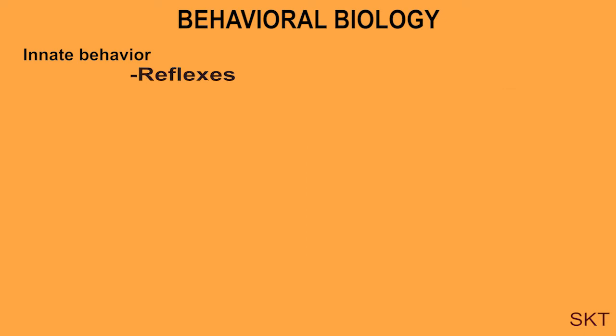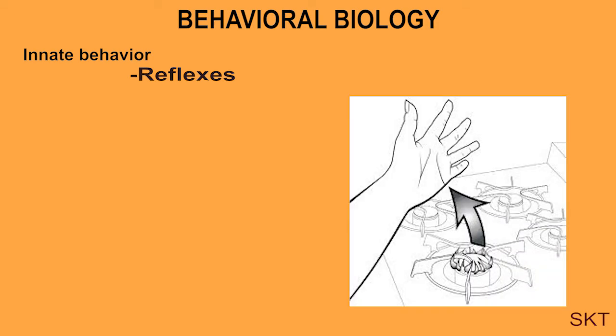Second one is reflexes. These are instantaneous, automatic, sudden responses of a certain part or the whole body to a specific but simple stimulus. It is involuntary and stereotyped. Initially, the response is guided by the stimulus but is not necessarily continuously guided by it. A reflex is inversely related to the strength of a stimulus. Stronger the stimulus, shorter the latent period, and weaker the stimulus, longer the latent period.